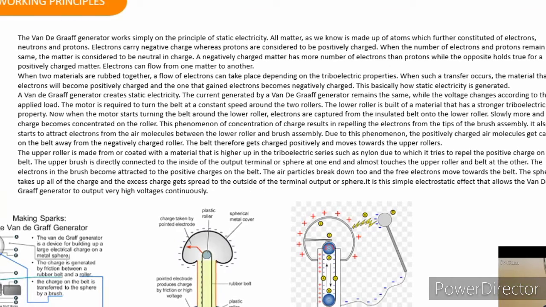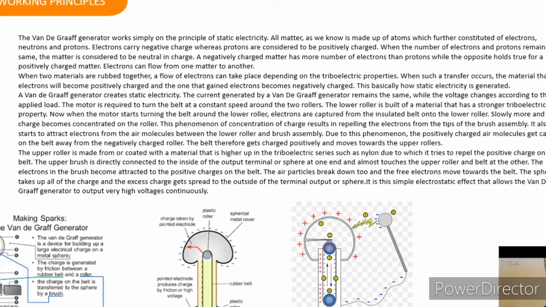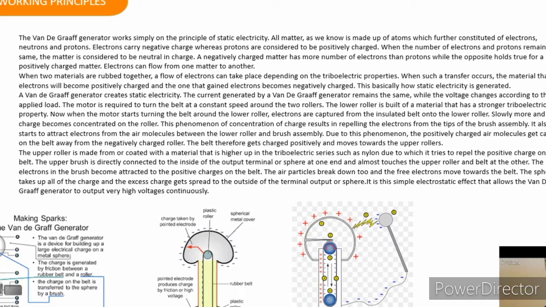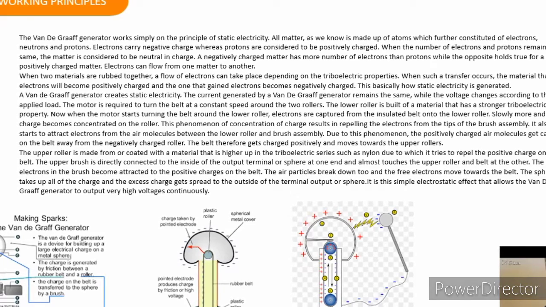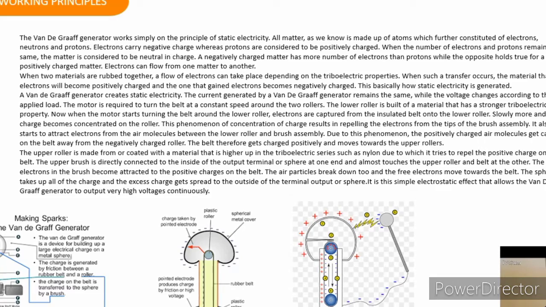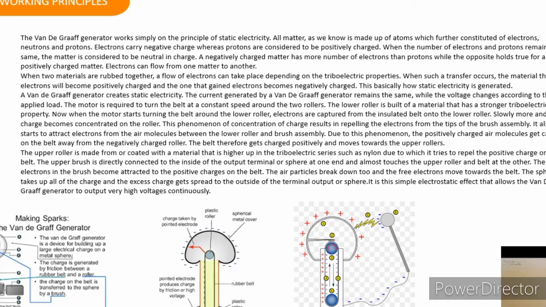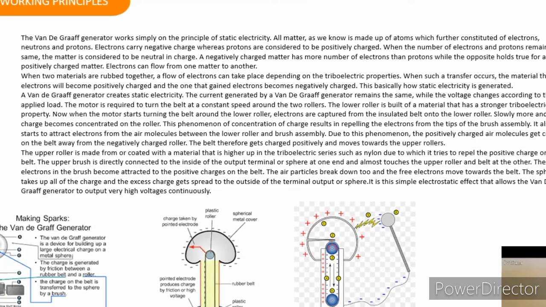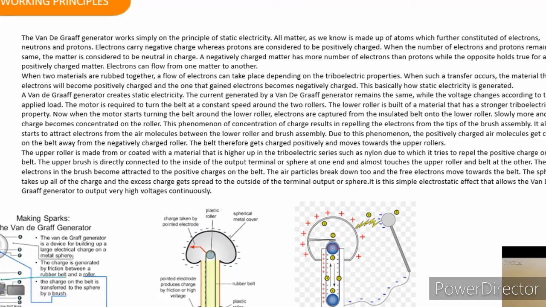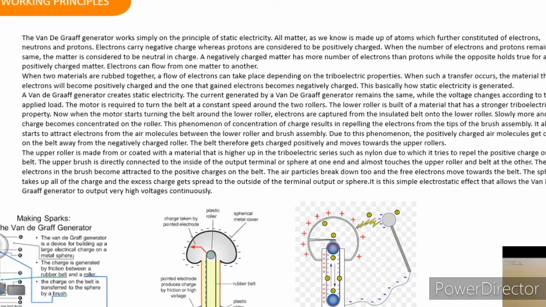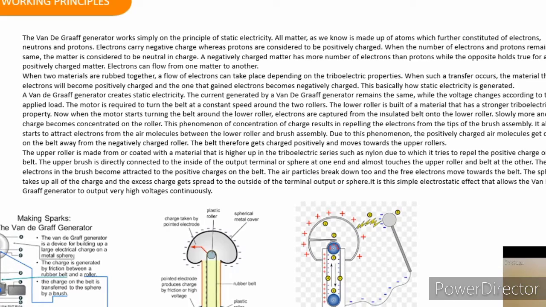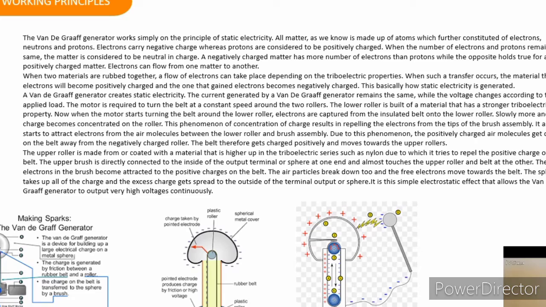The lower roller is built of a material with stronger triboelectric properties. Now, when the motor starts turning the belt around the rollers, electrons are captured from the insulated belt into the lower roller. Slowly, more and more